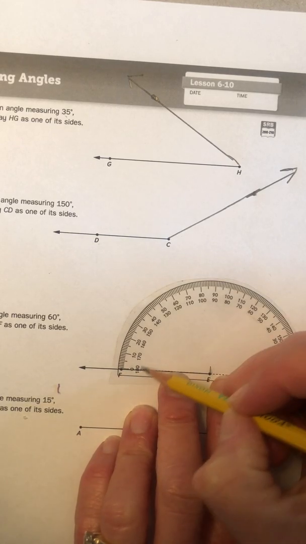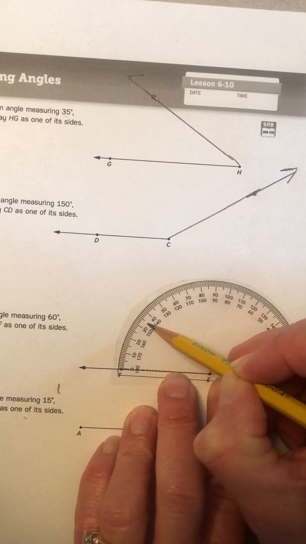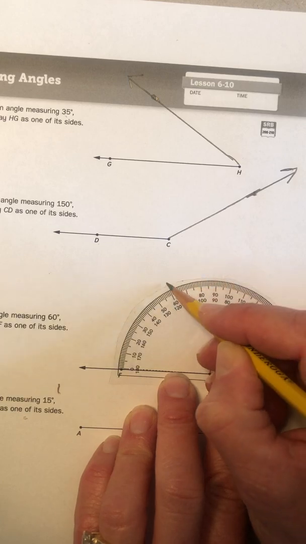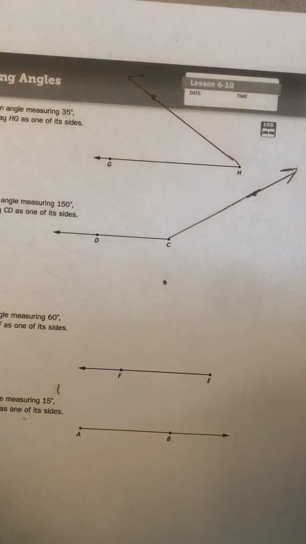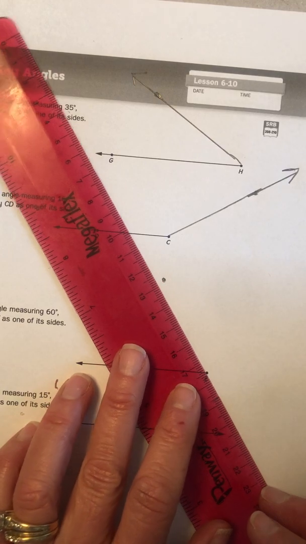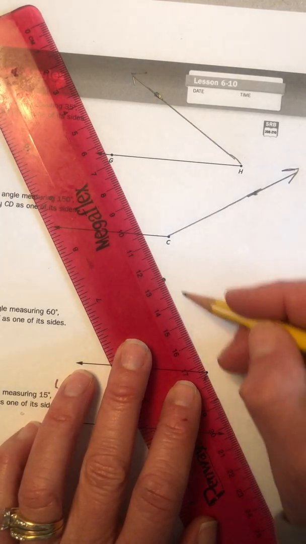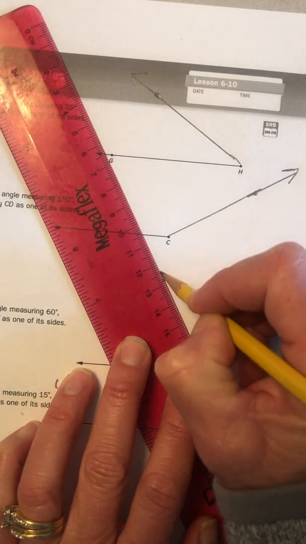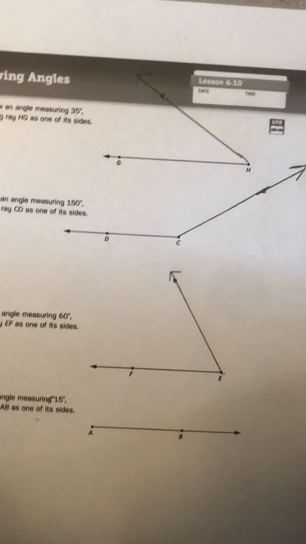Now, the ray is pointing this way, so I'm going to start with the top numbers. 10, 20, 30, 40, 50, 60. Make a point. Lift up your half circle protractor. Connect point E with the newly drawn point. Please use a straight edge like the edge of your math journal or a ruler, Post-it note. And lastly,